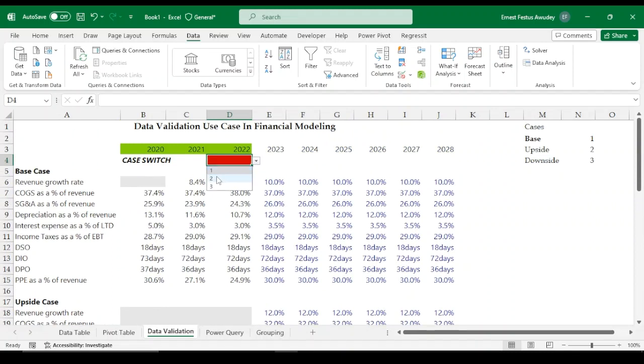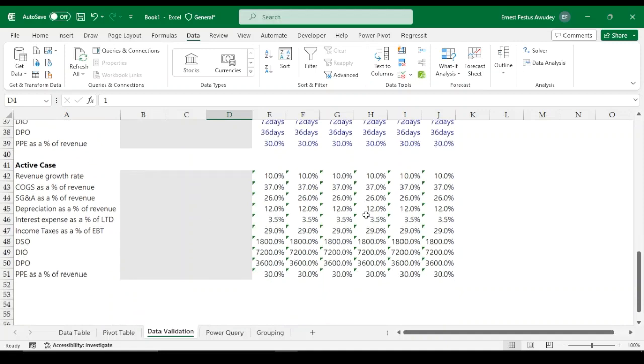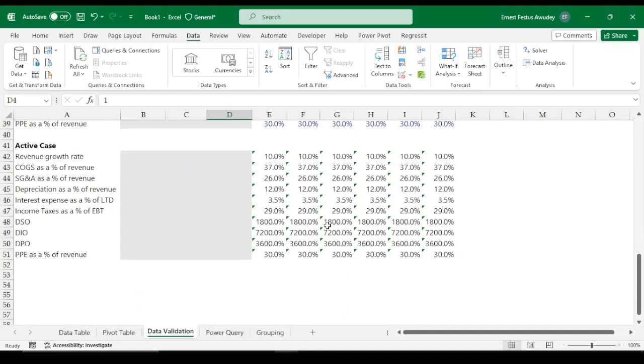So let's see, if I click on 1, I know that's the base case. Let's see if these base case assumptions are appearing in the active case. And here they are appearing nicely, but everything here has been formatted as a percentage, which is not correct. So I can just come here,